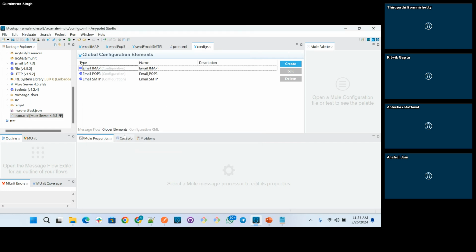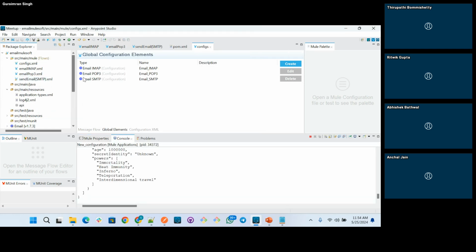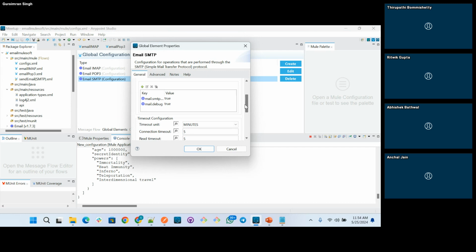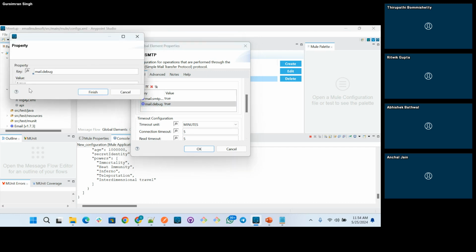If you want to see debug logs here, you can set one more property, mail.debug, and set it as true.